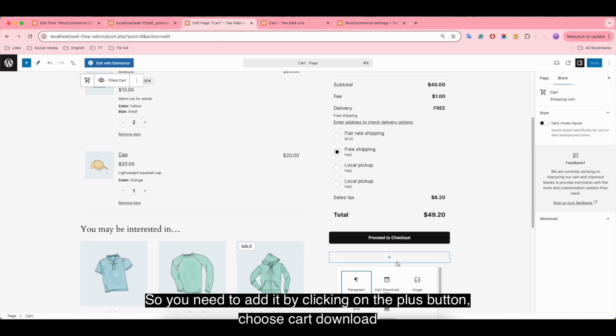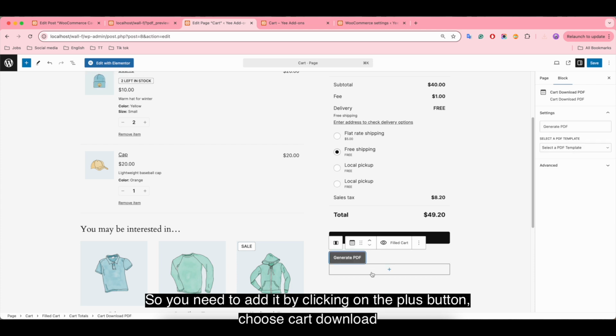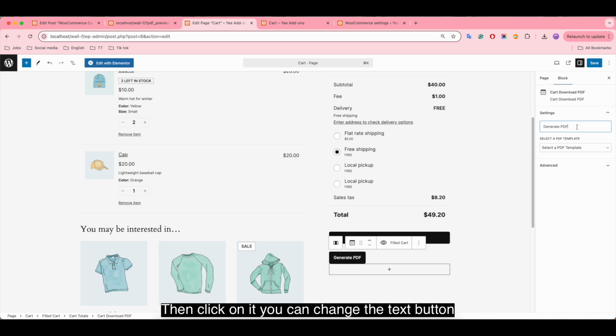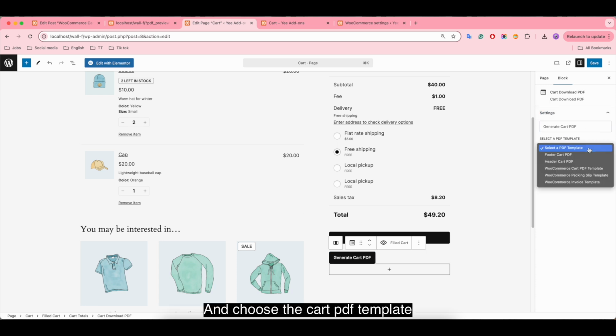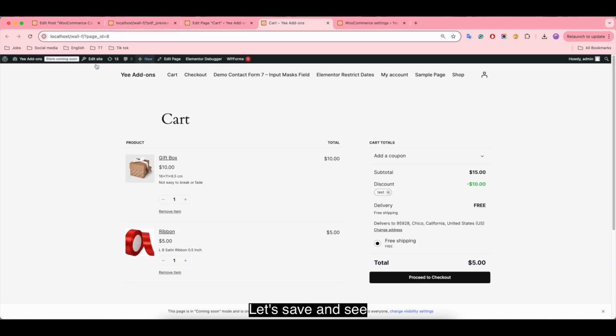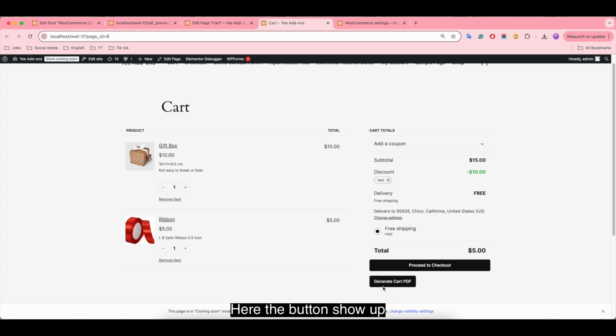So you need to add it by clicking on the plus button, choose Card Download. Then click on it. You can change the text button and choose the card PDF template. Let's save and see. Here the button show up.